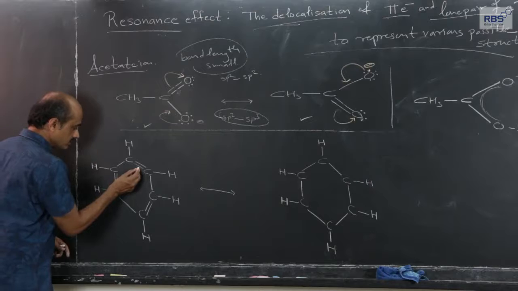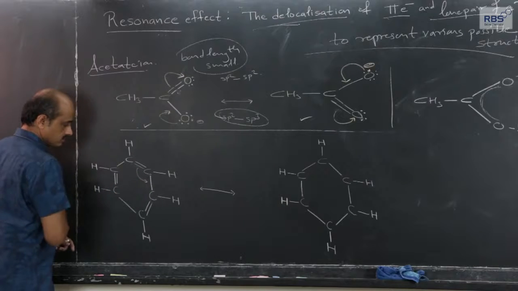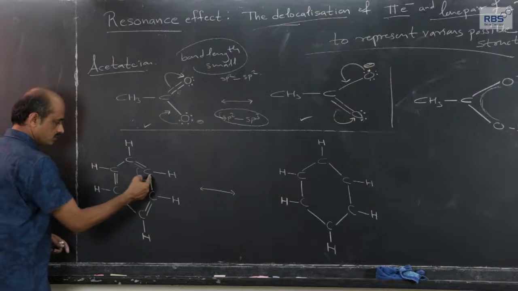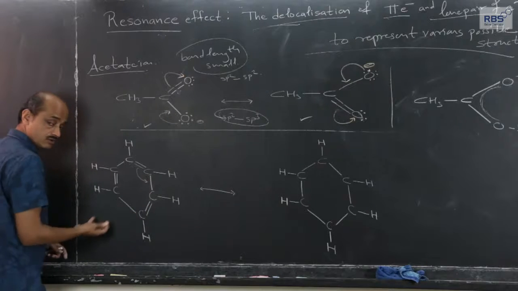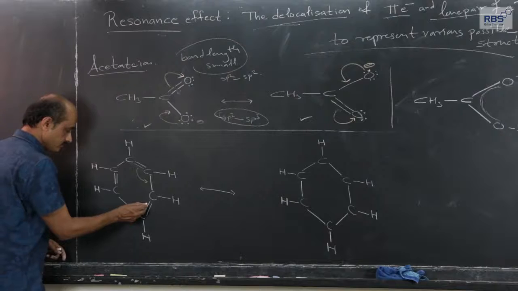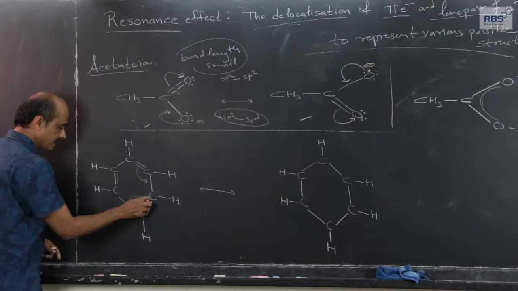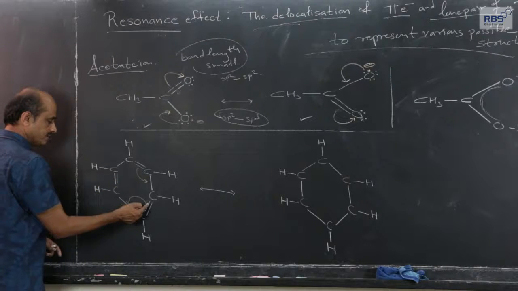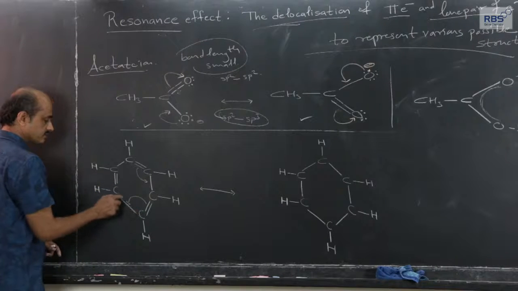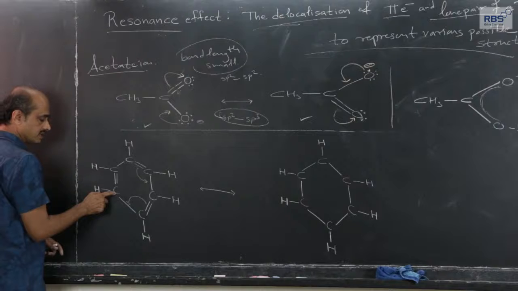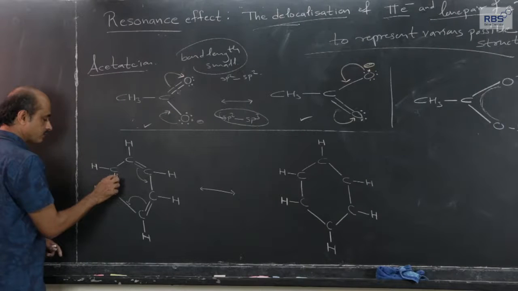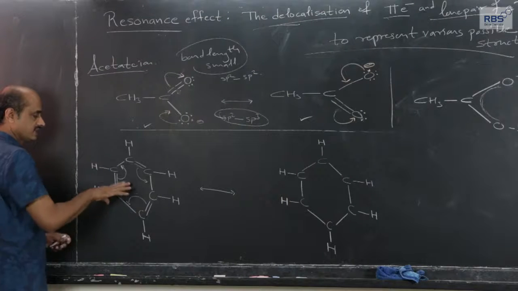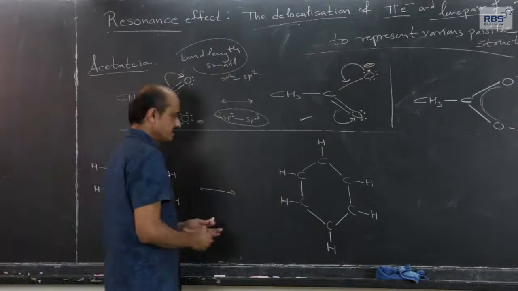This pi electron, if it is transferred to these two carbon atoms, then valency of carbon atom is 4. Then this pi between these two carbon atoms gets transmitted to this, and the moment this pi electron gets transmitted here, to maintain the valency of 4 for this carbon, the pi electron between these two carbon atoms moves, then this structure can be represented in this manner.